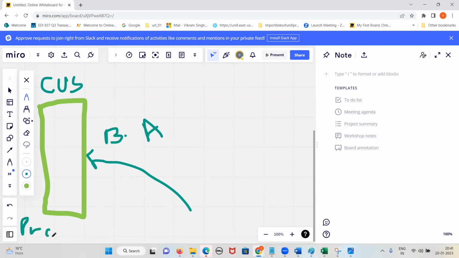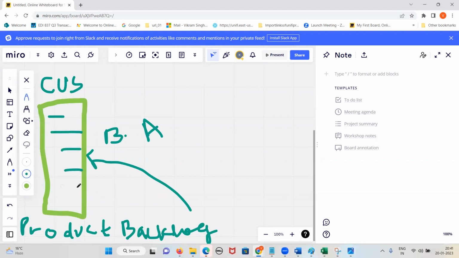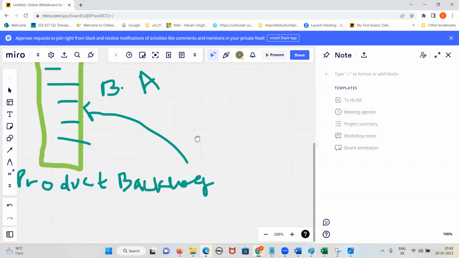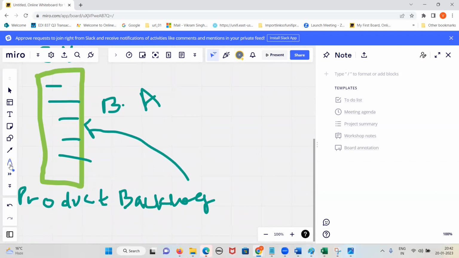What is called what? Product backlog. So what is product backlog, guys? Requirements given by the customer. And generally these requirements are in priority order. Requirements are in which order, guys? Priority order. Am I clear, guys? So requirements are in priority order and are brought by the customer, by the business analyst, and